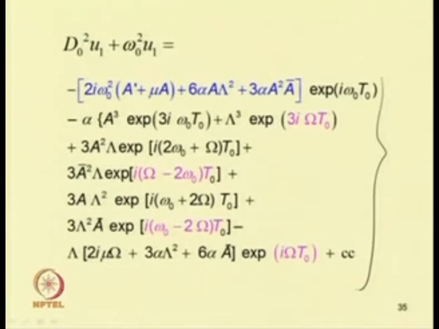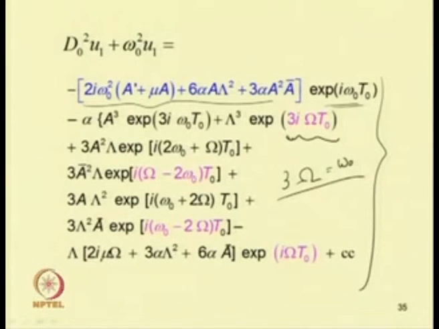So, here what we have seen. This is one term. The first term is the secular term because it is the coefficient of e to the power i omega 0 t 0, and in the second term we have the condition, that means when this capital omega is equal to, or this 3 omega is nearly equal to omega 0, we will have a resonance condition.